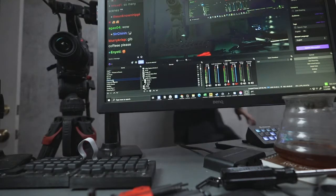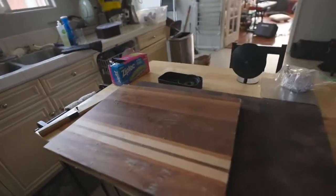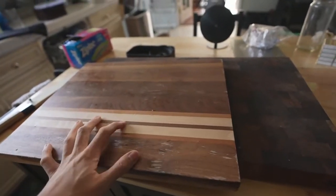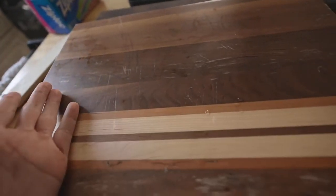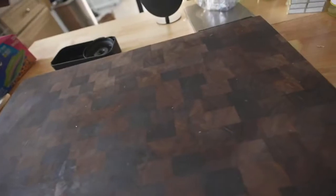Alright, let's go back into the kitchen. Anyway, what I was explaining is this is an edge grain cutting board. They take planks of wood and they glue them together. But the problem is when you cut it, you can see the cut marks. And so when you get what's called, sorry, not edge grain, end grain